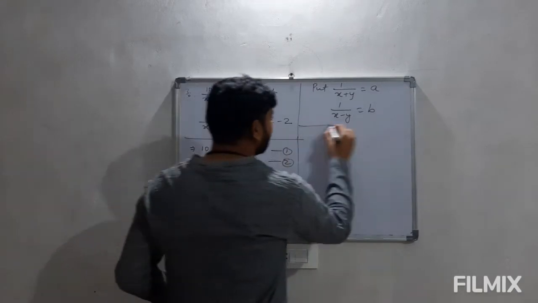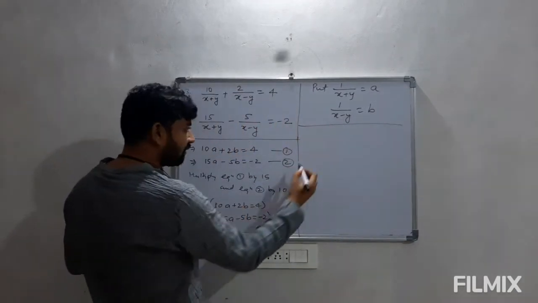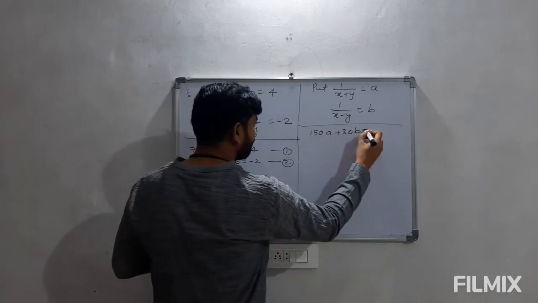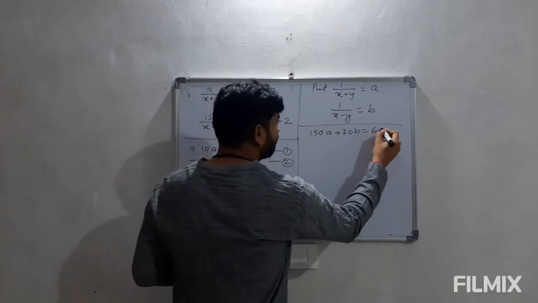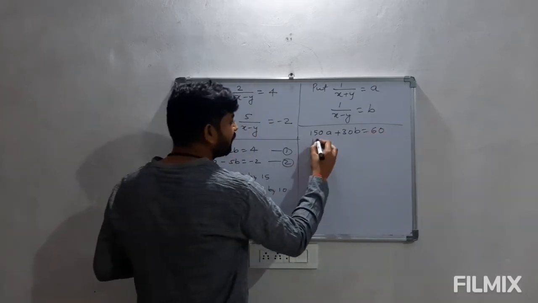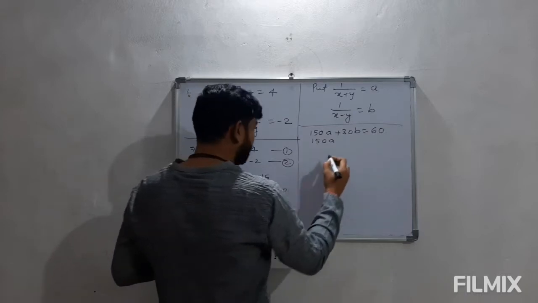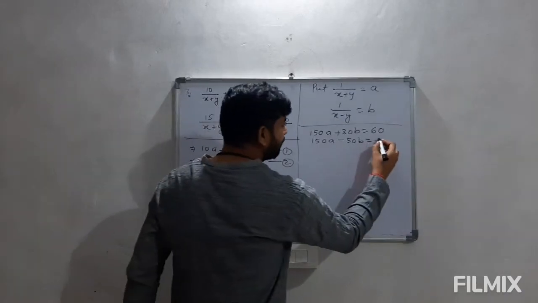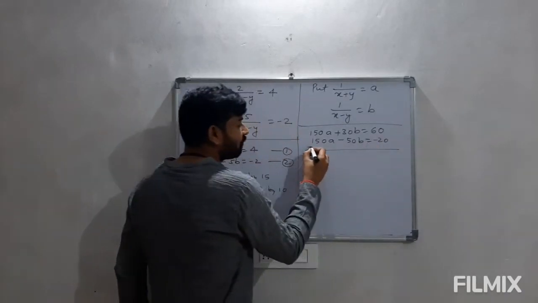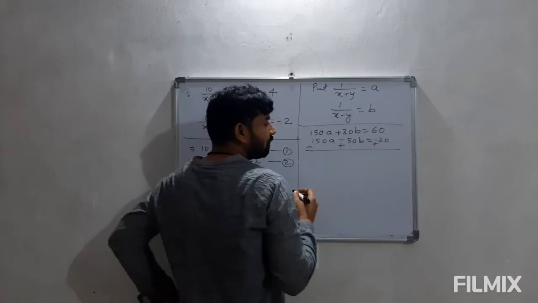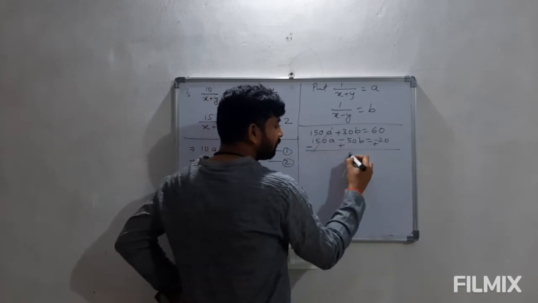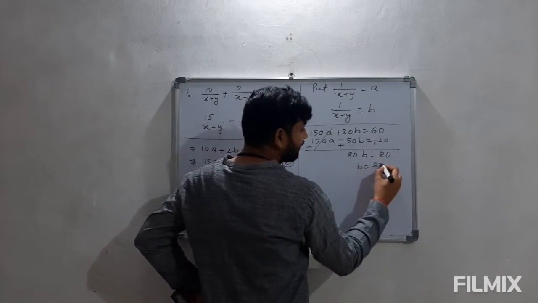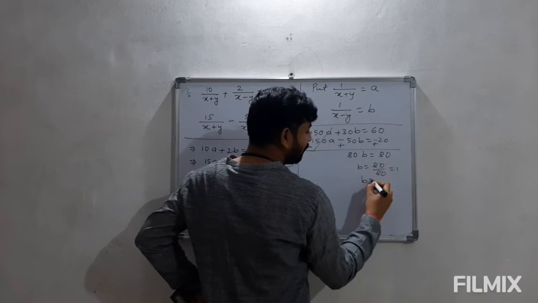When we multiply, the equations we get, if you see, will be 150a plus 30b is equal to 60. Then we have 150a minus 50b is equal to, if we multiply 10 here, we get minus 20. Now we have to subtract, so minus, this will become plus, this will become plus. This is cancelled. 30 plus 50 is 80b, then we have 80. So from here we are getting 80 upon 80, that is 1. The value of b is 1.